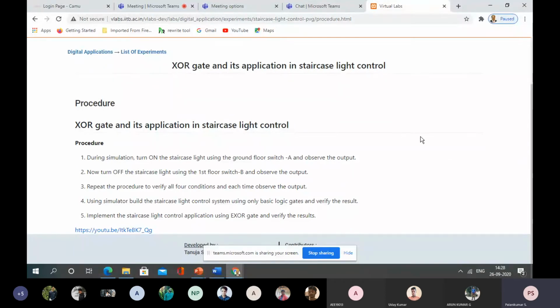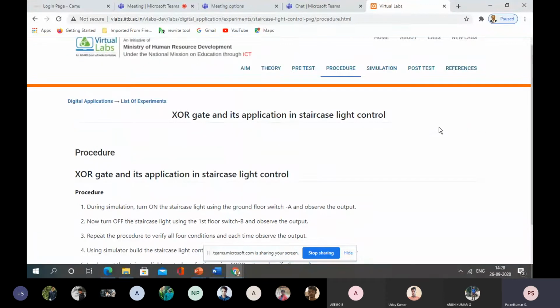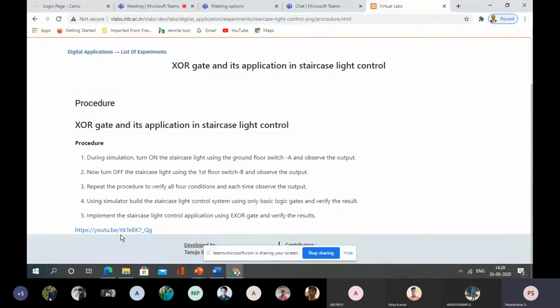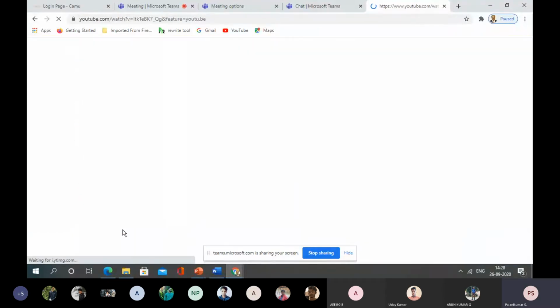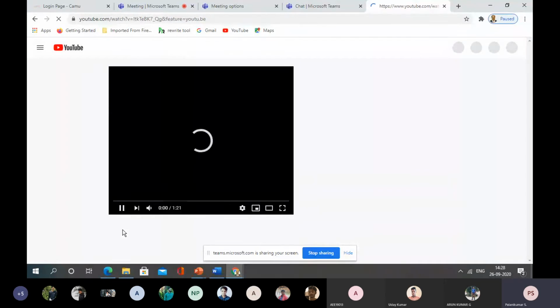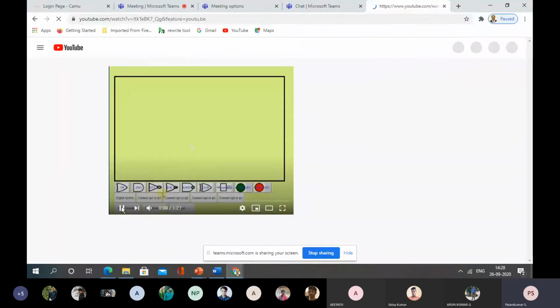How to do that? We can explain. We can very well know it using this logic. What they have given on the YouTube video, if you click that, shows how to connect. They will give the AND gate, NOR gate, NOT gate, everything is here. So you will place the inputs.